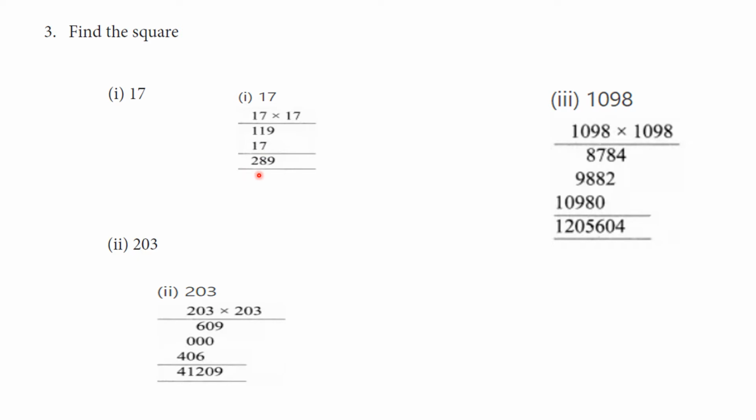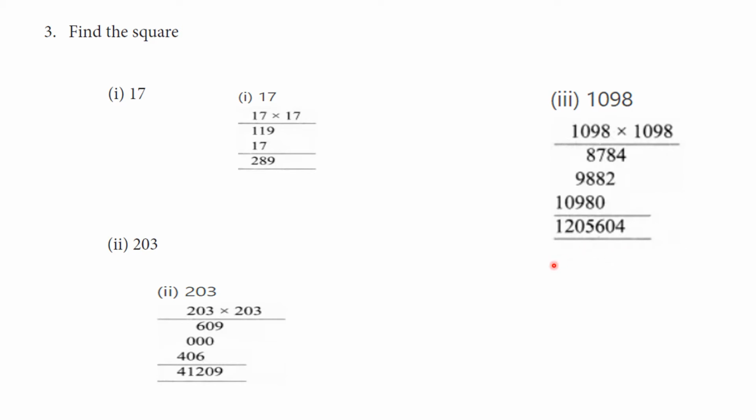Next, 1098. First you multiply with the 8 with the 1098. 8 8s are 64, 6. 8 9s are 72 plus 6, 78. 7. 8 10s are 80 plus 7, 87. Next, 9. 9 8s are 72, 7. 9 9s are 81 plus 7, 88, 8. 9 10s are 90, 90 plus 8, 98. Next is 0. So you put it in the hundreds place, 0. After that 1098 is 1098. After you add the numbers, you get the answer.